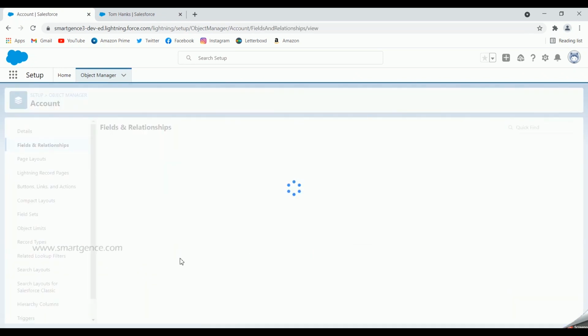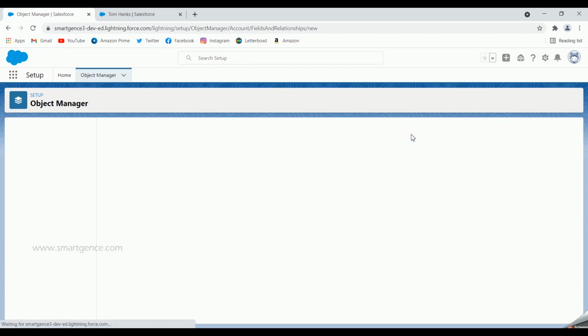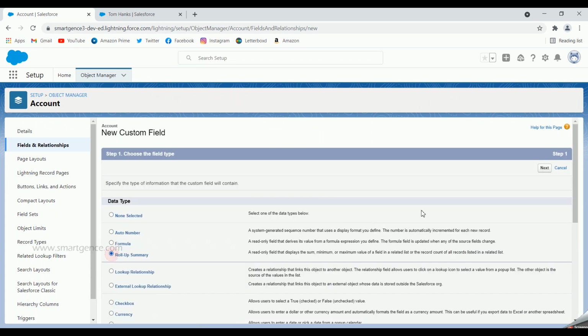Fields and relationships. So let's try creating three different rollup summary fields. One is for sum, another is for max, and another is for minimum. So these are the different types as you have seen in the presentation. So, clicking on new, firstly we have to select the data type, right? So rollup summary,